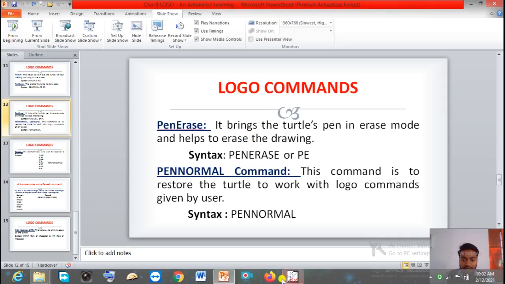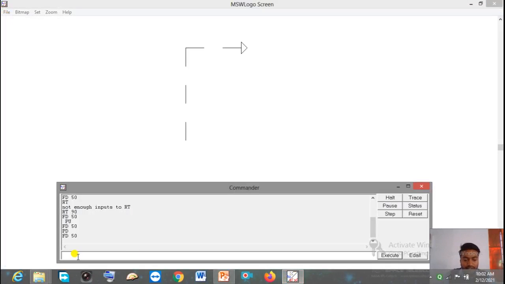First let me clear everything. Now I am giving the command here FD 200. But I wanted to give only 100 steps. By mistake I have given FD 200.